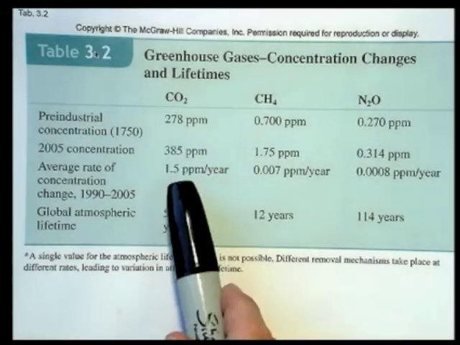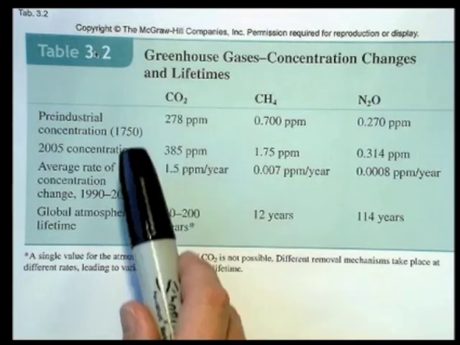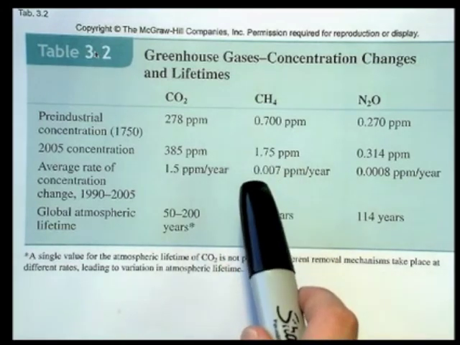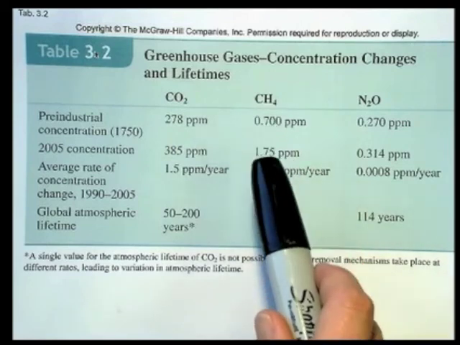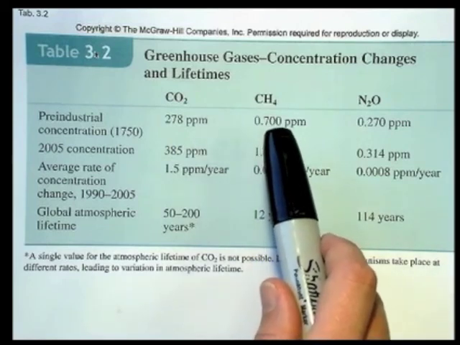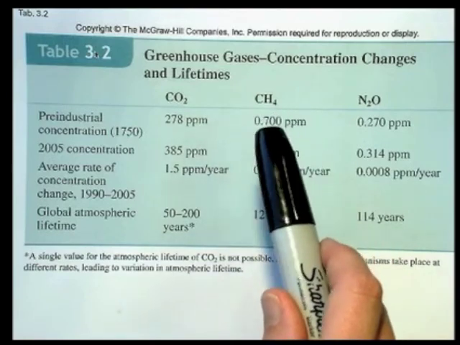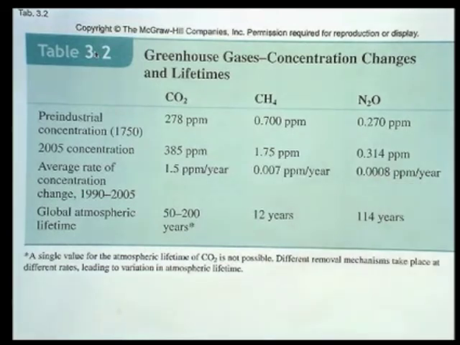There's carbon dioxide, we're putting more into the atmosphere per year, and it's mostly due to people. Methane leaks from the ground, from natural gas fissures and whatnot, and it's also natural, since anaerobic bacteria produce methane. There's lots of natural production of methane that can occur. Nitrous oxide also largely comes from bacterial production.